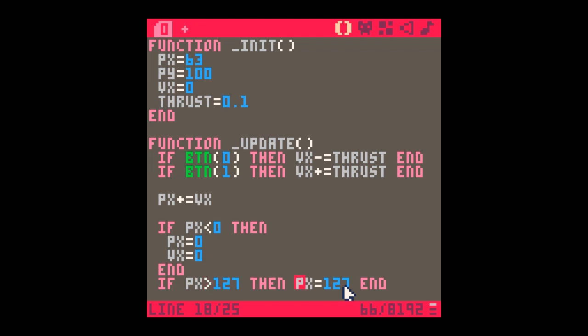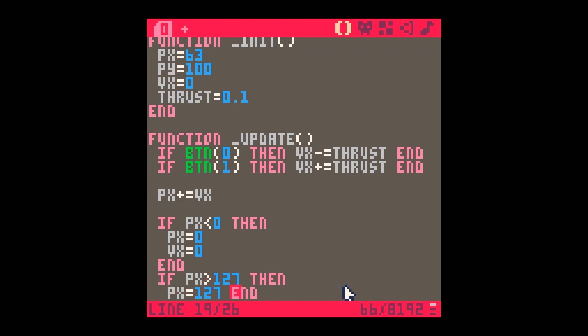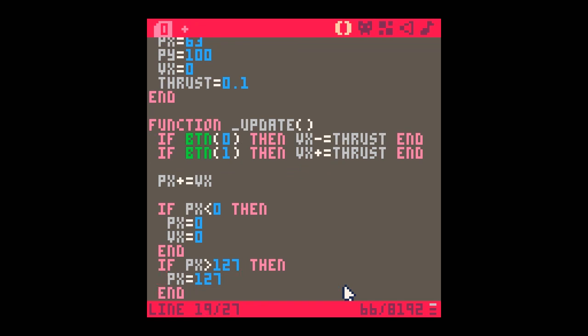And on this side, I'm going to have to do something else. Vx equals 0. Okay, so now if I escape and run, I crash, but I can move straight back. Now on this side it's quite interesting. Look,